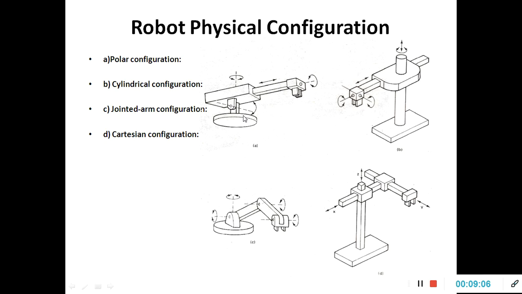Polar configuration. Polar configuration consists of a base. It is pivoted, with the help of a telescopic arm. This telescopic arm can be moved inside the arm and body assembly. At the end of the telescopic arm there is a joint, or we can say the wrist is there. At the end of the wrist, the grippers are going to be mounted. Now, the motion provided: here it is pivoted, so that this telescopic arm can be moved.